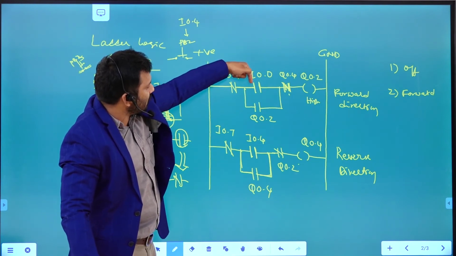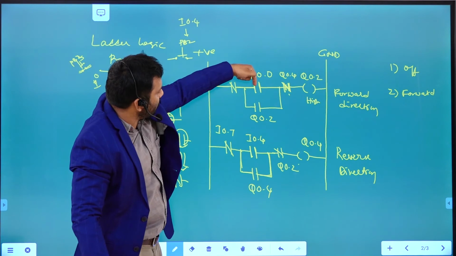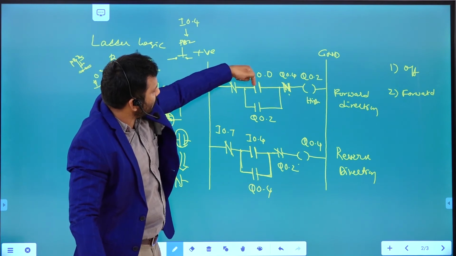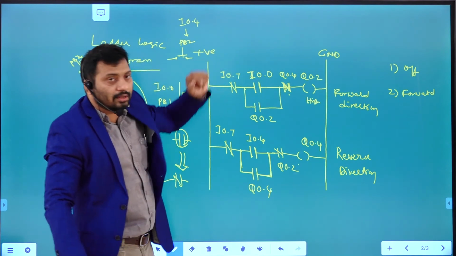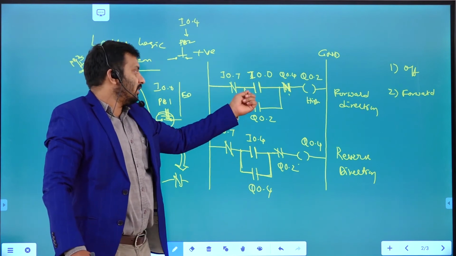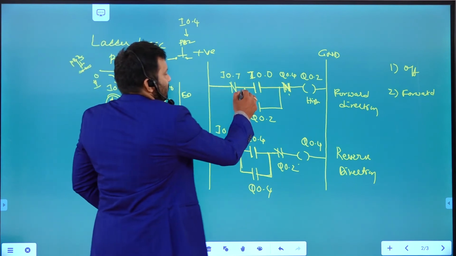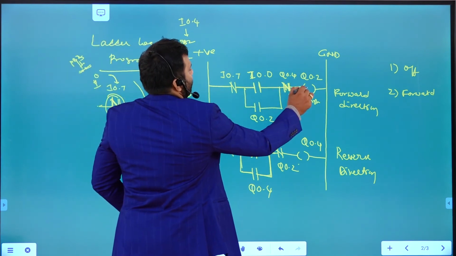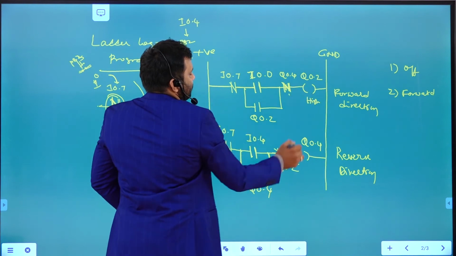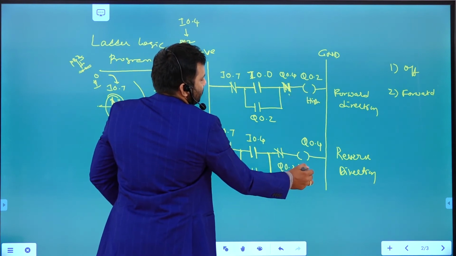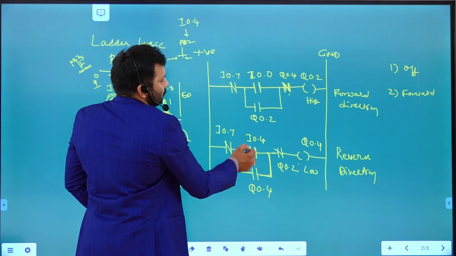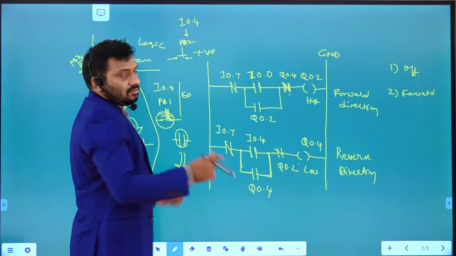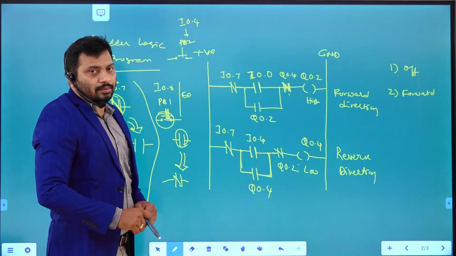Once you push this particular push button, this one is going to be activated. That is the reason the normally open contact is going to become a closed contact, and power is going to flow like this, right? By this time the other one is low only. Why? Because you have not pushed the reverse direction push button, right?